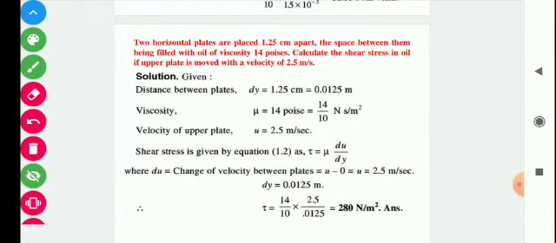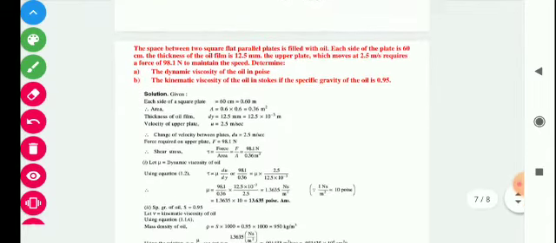dy is given in the numerical. So finally put these values in this equation and you will be able to calculate the value of tau, that is 280 Newton per meter square. Moving further, the next numerical is